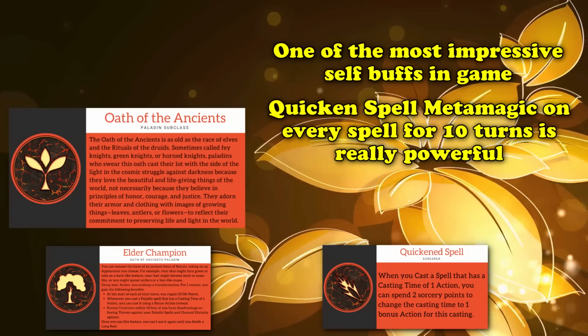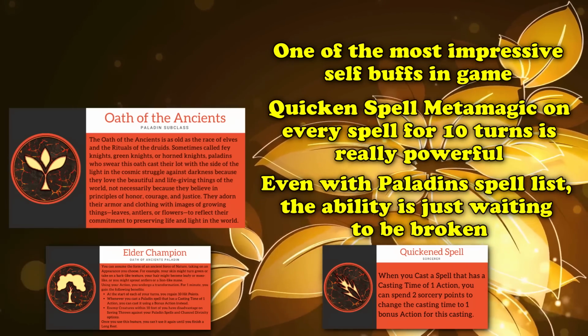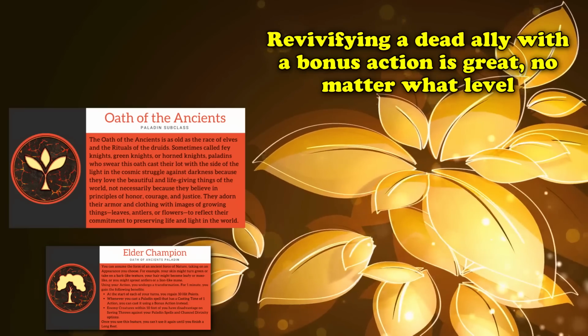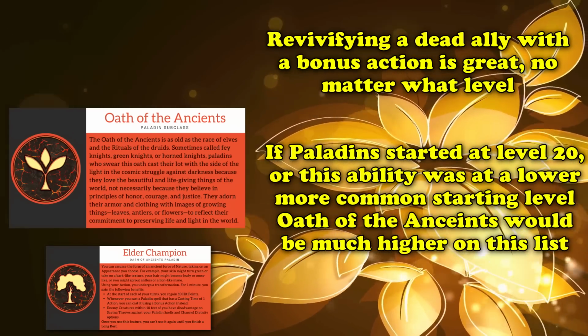Getting Quicken Spell metamagic on every spell for 10 straight turns is arguably the most powerful thing in this entire ranking. Even if Paladins don't have the strongest spell list, this ability is ripe for abuse. Just being able to revivify a dead ally with a bonus action is great, even for level 20 characters. If all Paladins started off at level 20, Oath of the Ancients might be near the top of this list